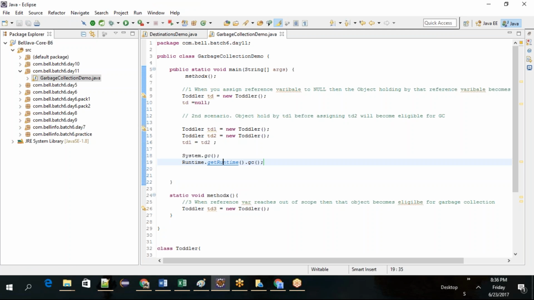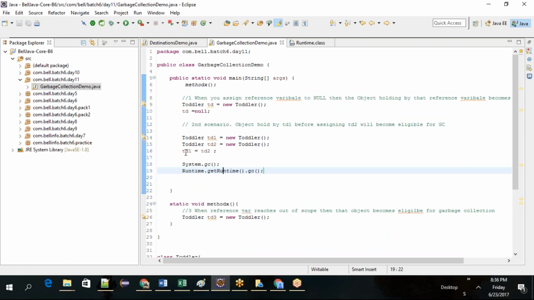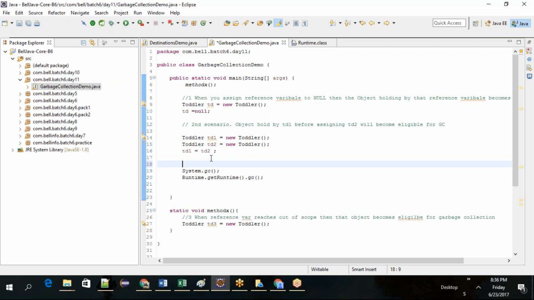Runtime.getRuntime().gc() will give you the runtime object, and then you're going to call the gc. So these are the two ways you can ask the JVM, when you are running your program, to execute the garbage collector if possible. Okay, we cannot force the garbage collector to run. So one important point we need to remember is,